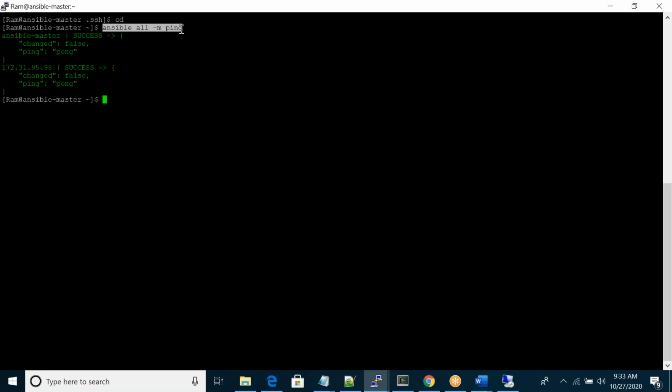Along with Ansible, you should also know some Linux. Unix and Linux are both similar. Ansible commands use the Ansible modules, so they are different. Ansible commands are different, Linux commands are different, and playbooks are different.